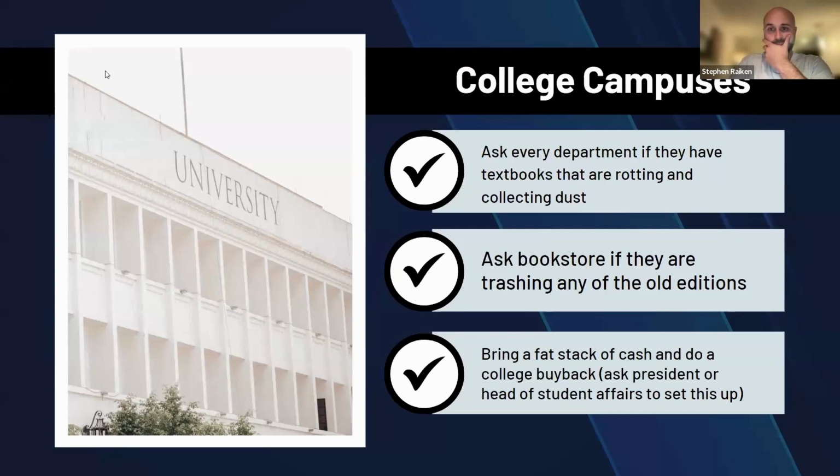This is the next level technique, and there's a lot of people making a ton of money doing this. So once a semester, when the semester's over with, you can get permission from someone on campus, or not. Maybe you can just do it on your own if you're ballsy. You can really ask permission to do this. They'll let you do this. Set a table up like I'm at right now. Get a big pile of books, get a big pile of cash,